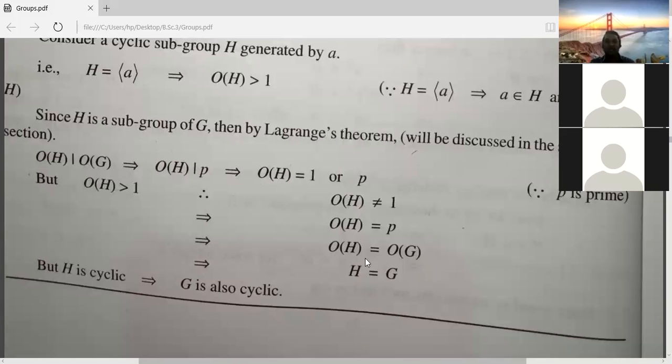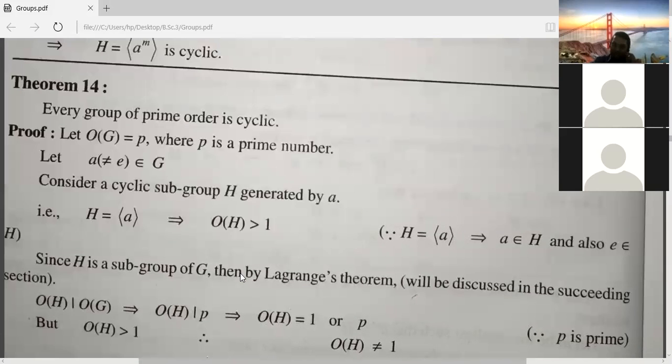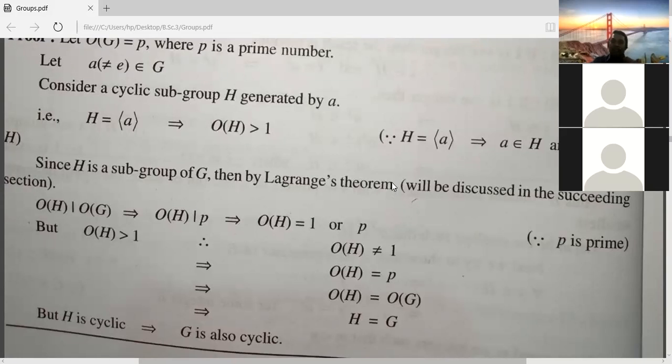Remove the order symbol on the other side, you get H equal to G. Therefore, H is cyclic means G is also cyclic. Therefore, every group of prime order is cyclic. Just here remember the Lagrange theorem statement, you have to know. Then you can write this easily. Okay. And then